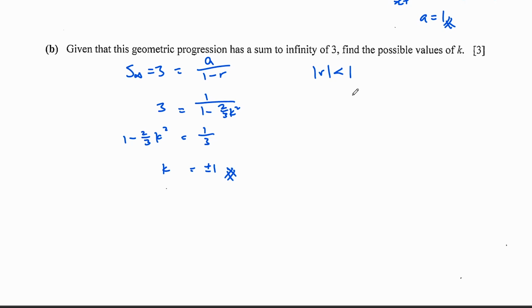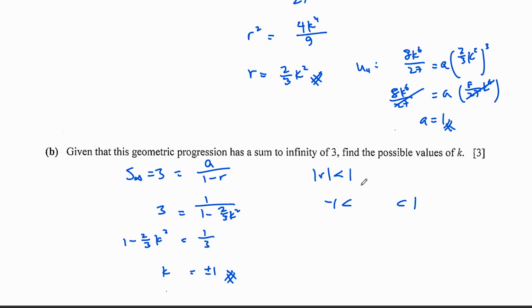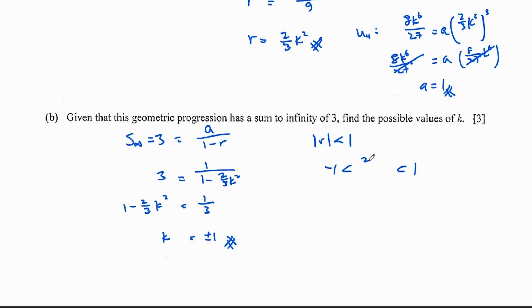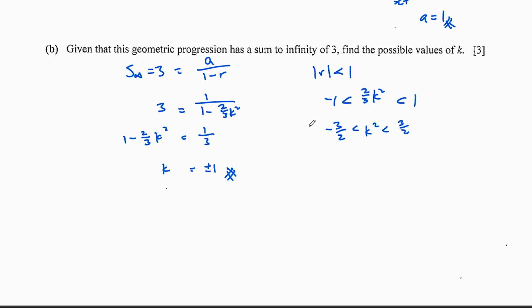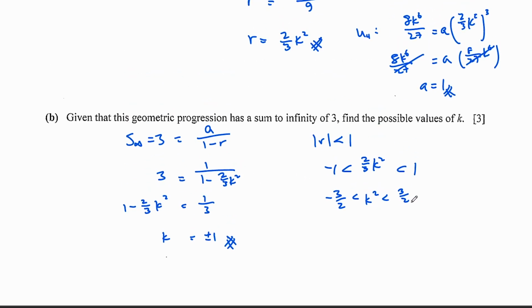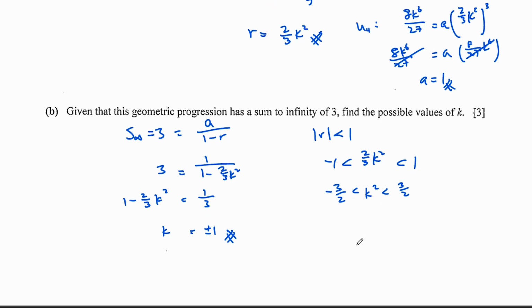So we know that r must be in between -1 and 1. So let's put our expression for r in there. So indeed that will be true because our k, once you square it, will be less than 1, or in between. So this one will be true and is validated. Okay,